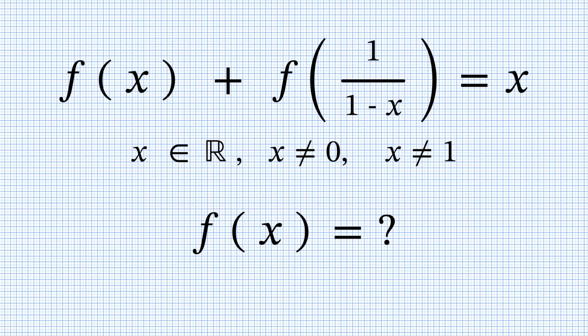While the value 0 for x seems alright at the start, substituting 0 for x gives f of 0 plus f of 1 equals 0. And since f of 1 is undefined, f of 0 is also undefined. This explains why both requirements are essential, and hopefully will be a good hint for solving the problem.